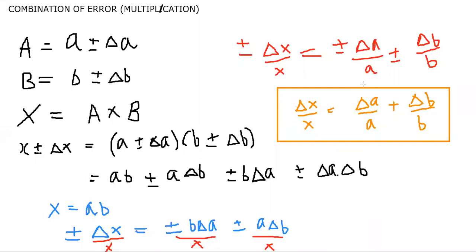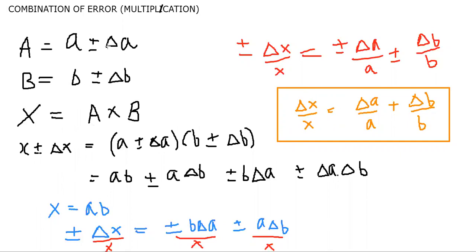Now how will you calculate errors? Let us suppose instead of this there are values. You have to find X. X, the real part, is A into B. You multiply this and this, you get the real part. Suppose it is 3 and 2. So 3 into 2 is 6. Now you put the value of 6 over here. You have to find the value of delta X. You put 6 over here.